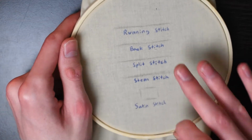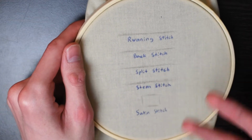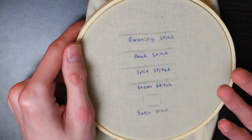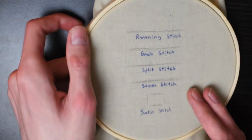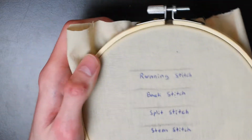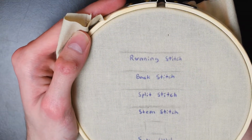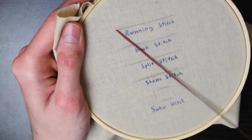So for each stitch I'm going to demonstrate how to complete that stitch, and I'll also talk a little bit about what that stitch might be useful for, an example of an embroidery project that it might be used in. So we're going to start off with the running stitch. Now, the running stitch is a really simple stitch, and it's kind of the basis, the foundation for all embroidery